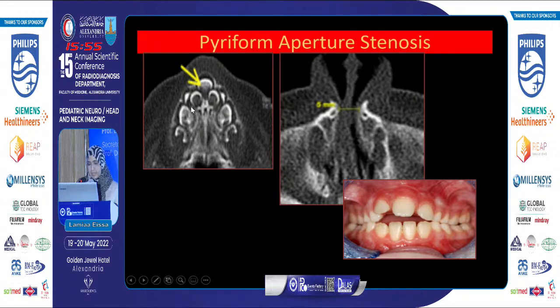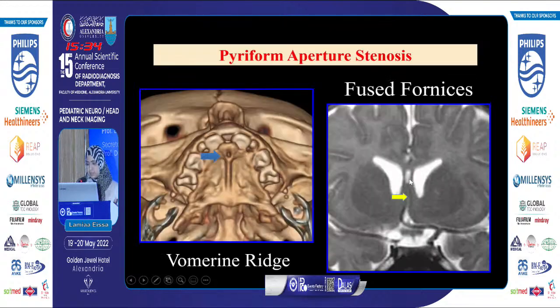Here is the triangular hypoplastic palate. This is the appearance of a prominent vomerine ridge, and this is how we take the measurement. It is made across the two sides. So when we refer to the number 8 millimeters, we are describing the measurement across the two orifices. And this is the image